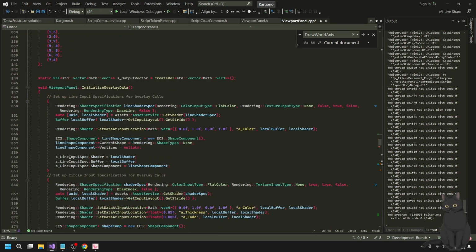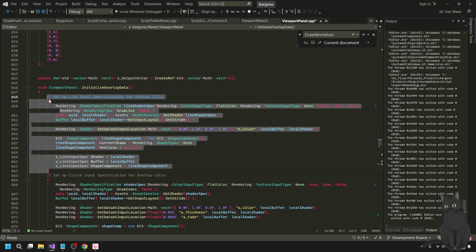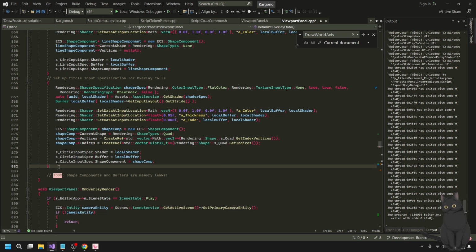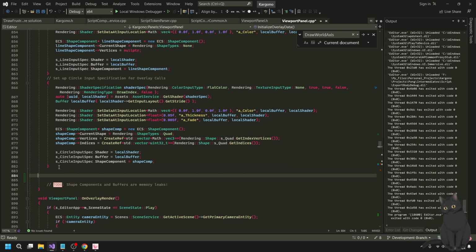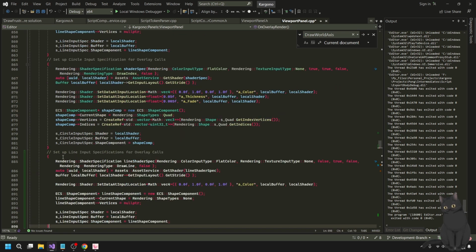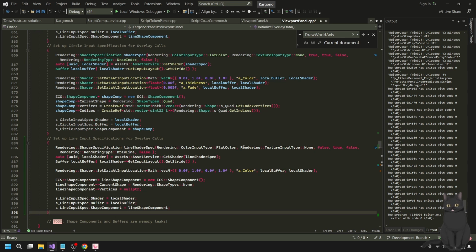My assumption is that the point input spec should look pretty similar to this. There's just going to be one big difference: instead of doing a draw line, we're going to be drawing points. Flat color.